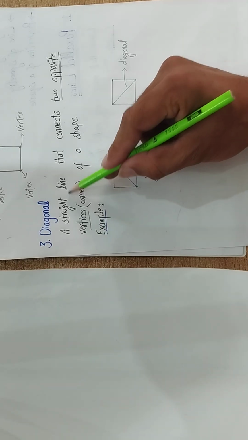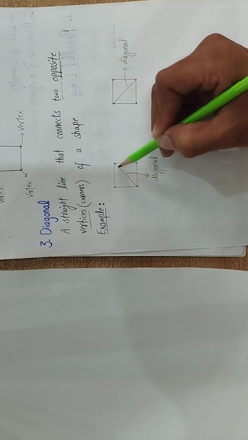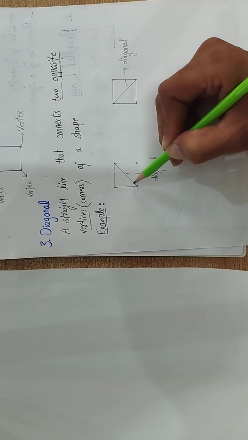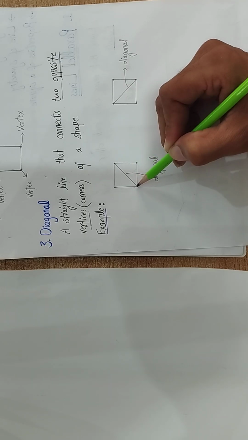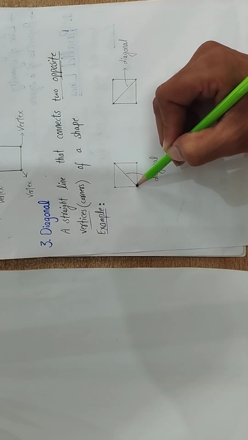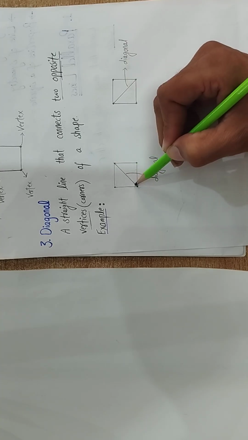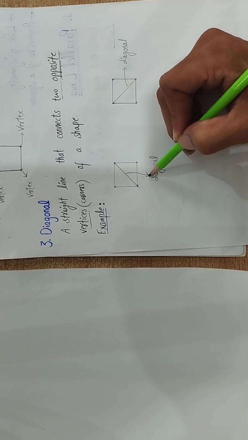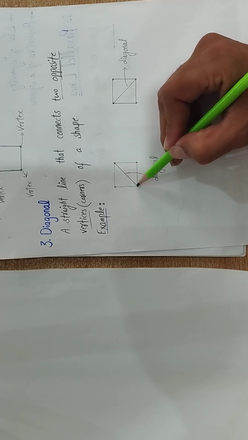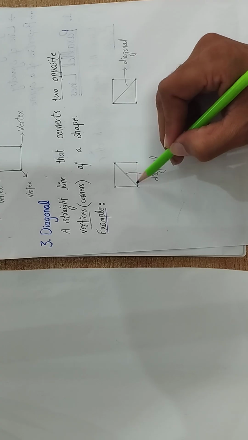The line which connects the opposite vertices, this line is connecting these 2 opposite vertices of the shape, which means opposite corners of the shape. The line which connects the opposite vertices of a shape, the opposite corners of a shape, that line is called a diagonal. So it means this line here is a diagonal of the square because it is connecting the opposite vertices of